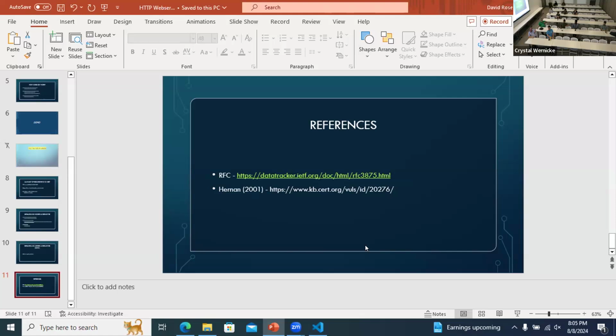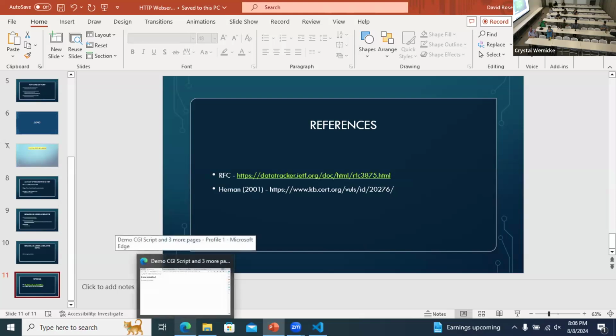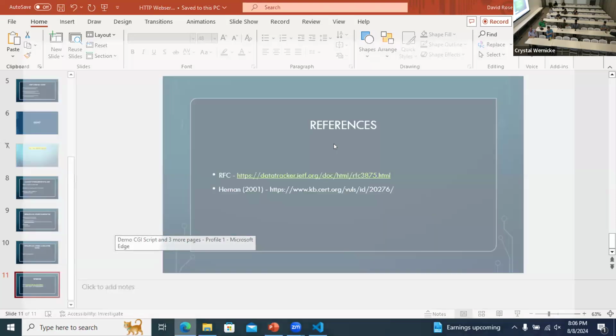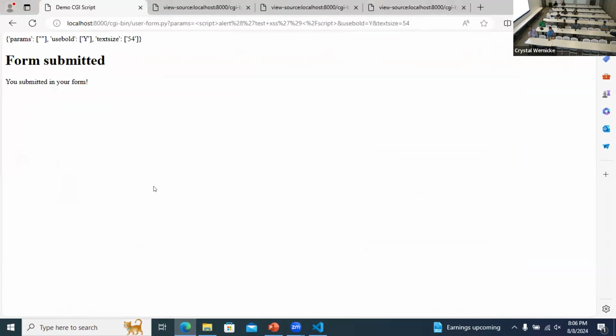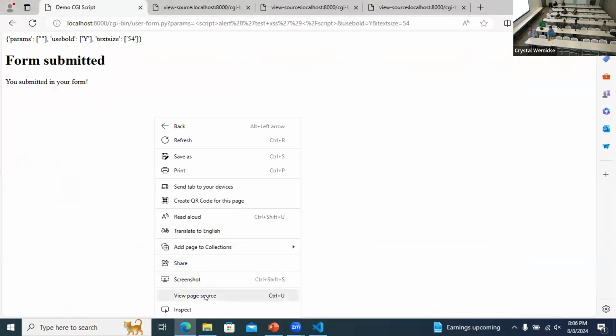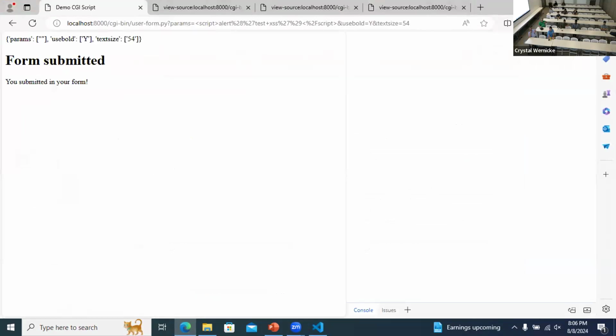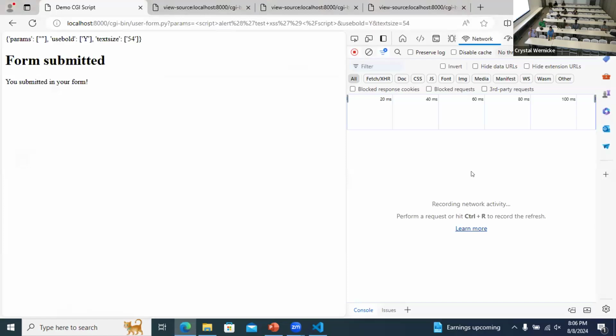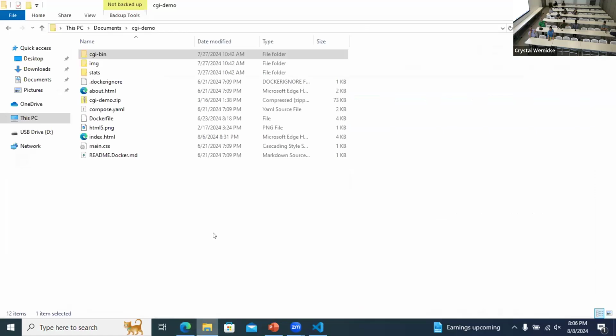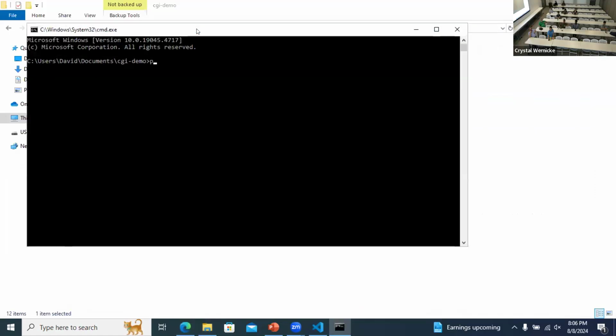Well, if I pull up that server again, I can actually show you the network traffic and the actual response that I get in the browser. Oh no, not Norton again. Thank you, Norton, for keeping me secure. I go to inspect, and if I go to network, now I'm not going to show it right now because I didn't have the network logs running. But if I run my server again,